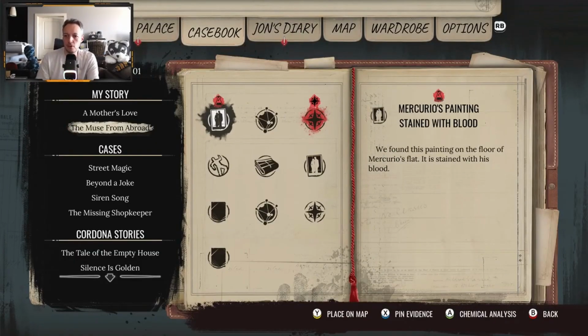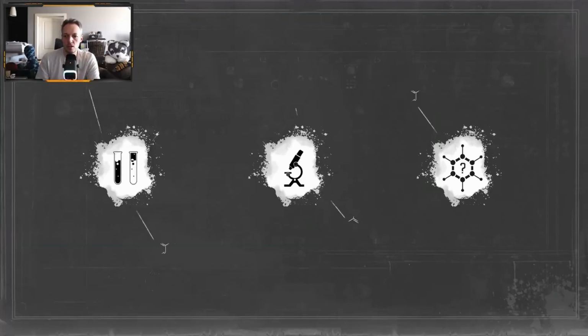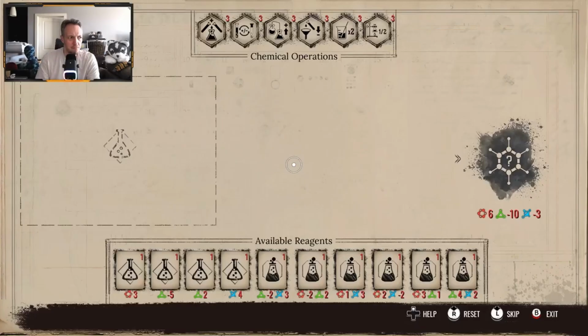Found the painting on the floor, stained with his blood. We're going to try and clean the blood off? Is that what we're doing? Oh boy. We need a